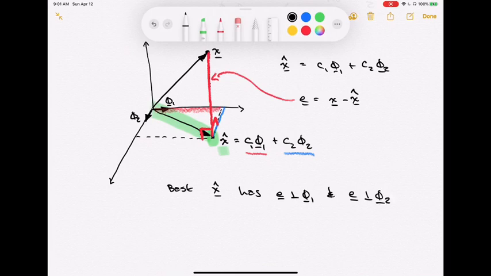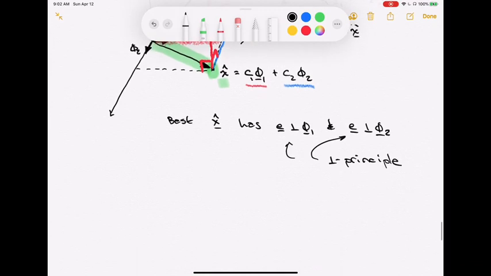Okay, so the error has to be orthogonal to the building blocks. These two are both statements of the orthogonality principle. The orthogonality principle says we can find those best coefficients by making sure the error is orthogonal to the data. I'm going to have to do a little bit of hand waving on this part, but I will just say since